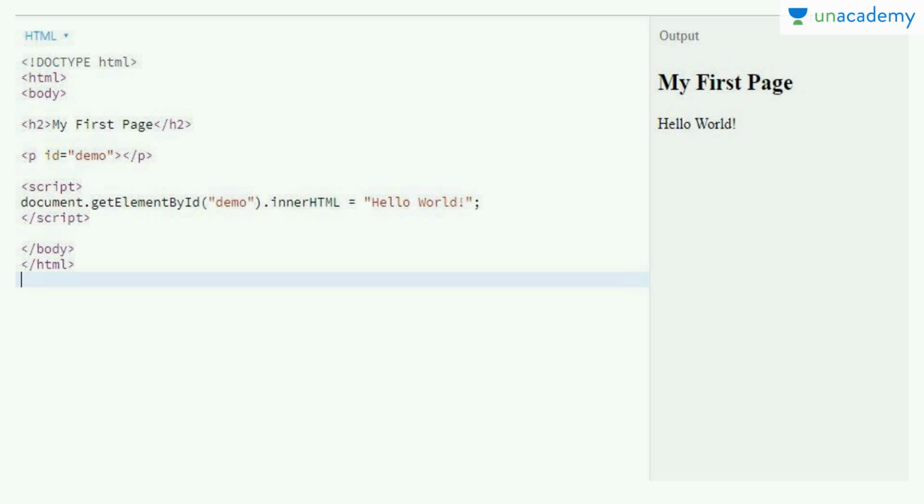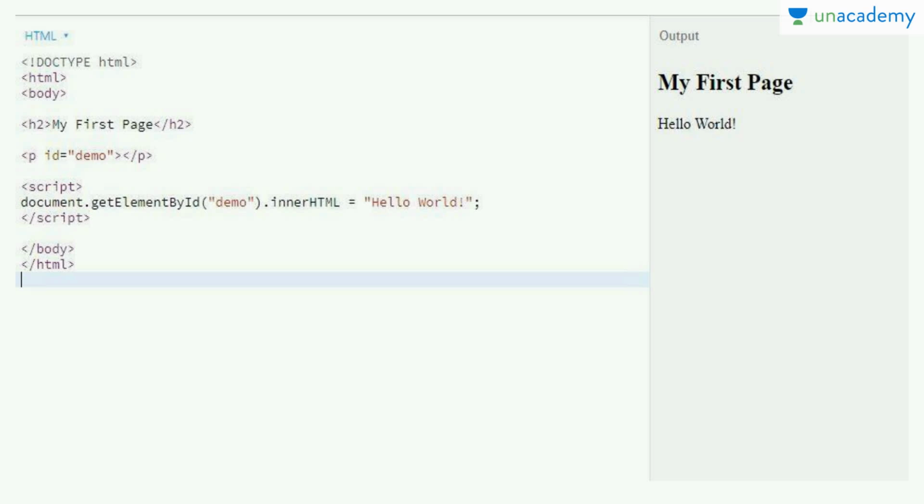I can use the document object. Now how can I use that? The document object has many methods, so you can use the document.values and keys methods to get the values of the document object. You can see a long list there. So now I have document.getElementById. Now I can get the element by the ID of demo.